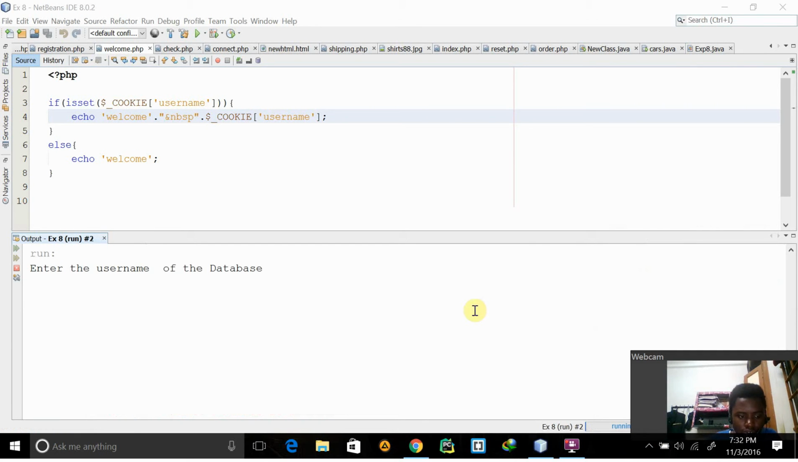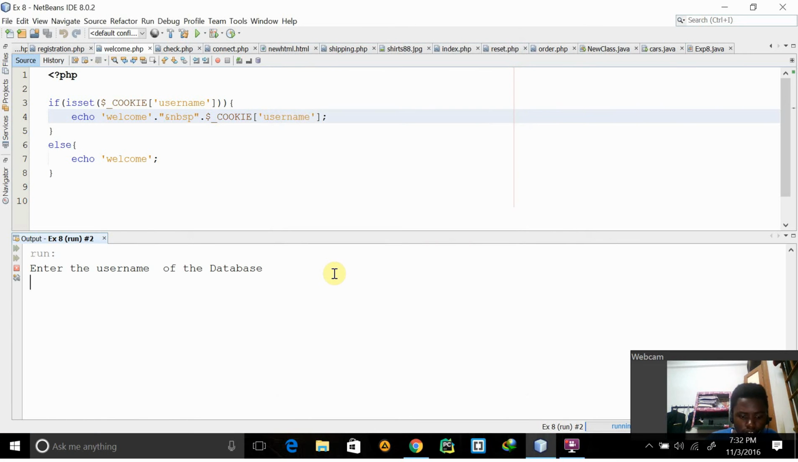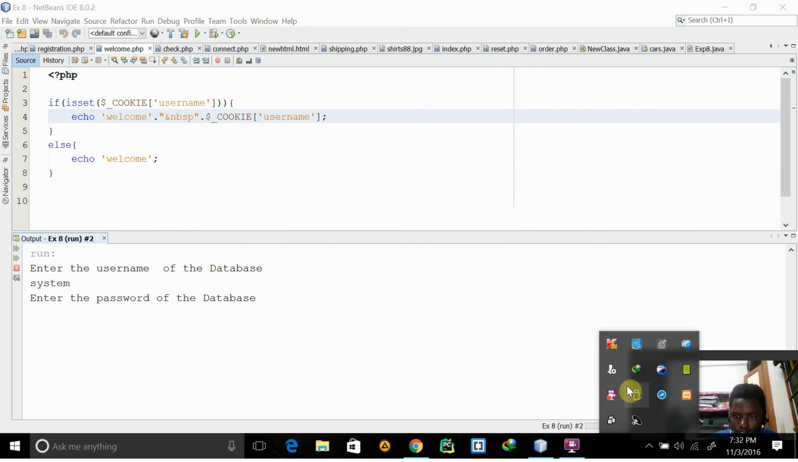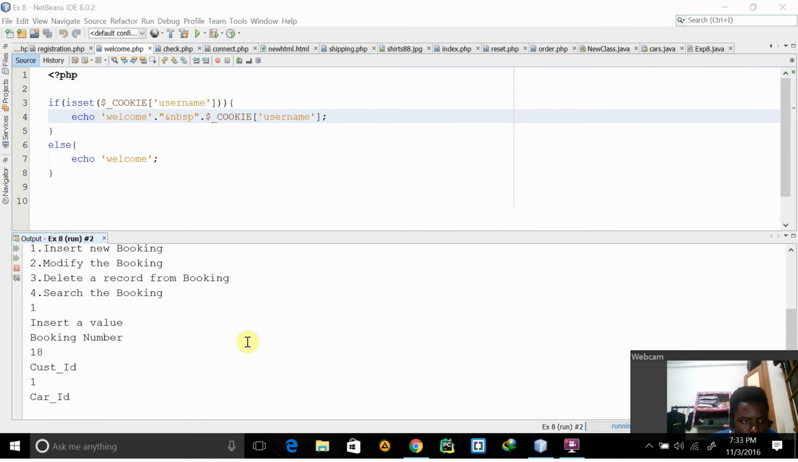So we enter the username of the database again. Sorry about that. Enter username of system, then enter password. So as I was saying, it brings out the options. I select one, insert a value, and it lists the options for me: booking number, I give a value, cost